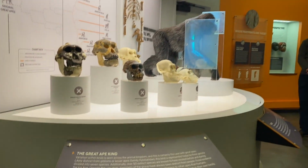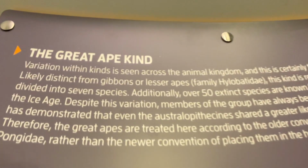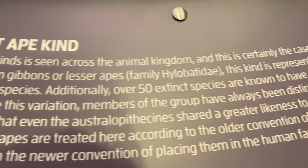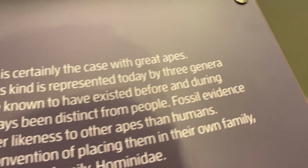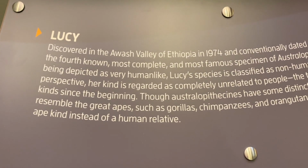We see these three signs here. This one, the great ape kind. Variation within kinds is seen across the animal kingdom, and this is certainly the case with the great apes. So we have a sign about that. Then we come and talk specifically about Lucy. It was discovered in 1974, dated at supposedly 3.2 million years, which is interesting